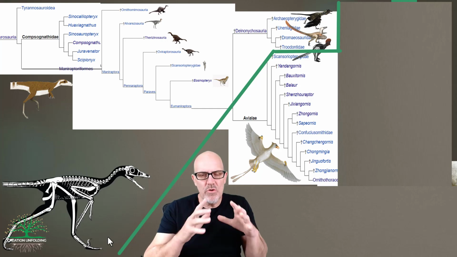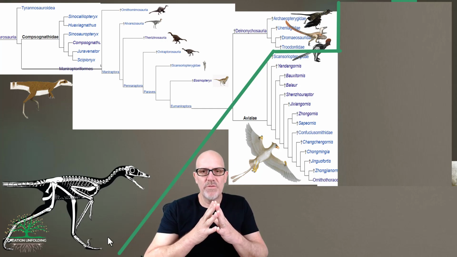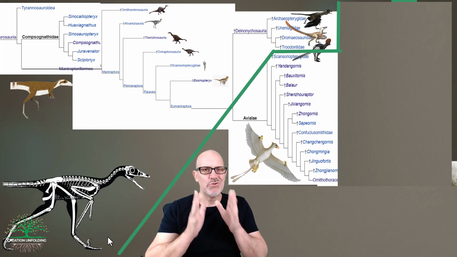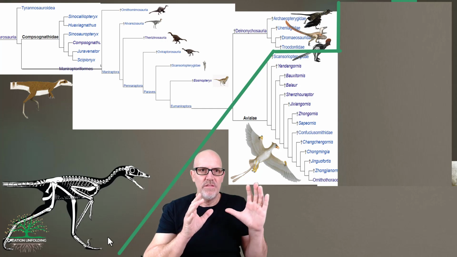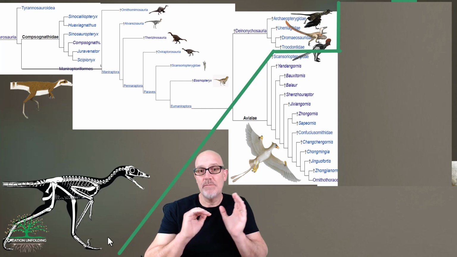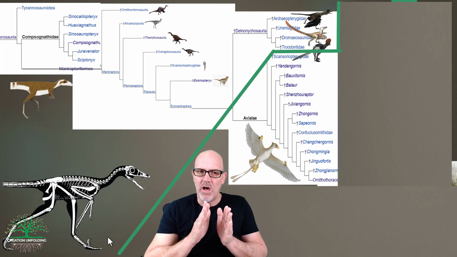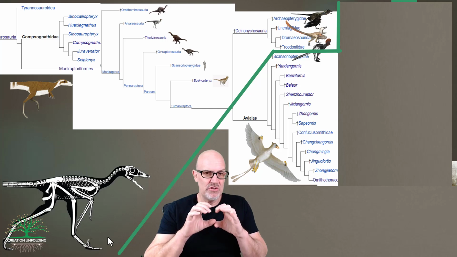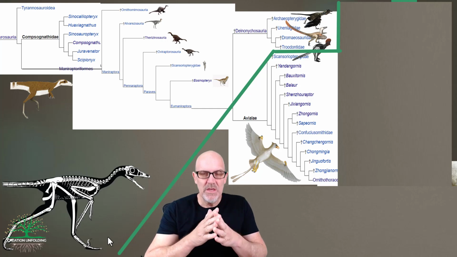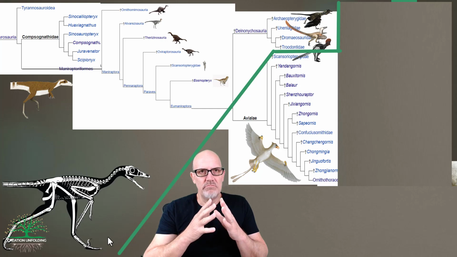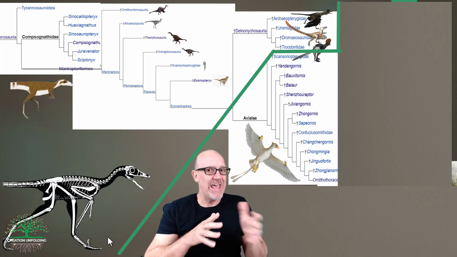Okay, so the group avialans, this is where we got that skeleton earlier. Remember, we talked about Confuciusornis, and we said it's a transition between the theropods and modern birds, although I said I think it was a little bit more like the birds than it is like the theropods, so it's not an exact transition that should be right in the middle. So that is an avialan. So the avialans had a lot of skeletal parts that were in common with both birds and dinosaurs.